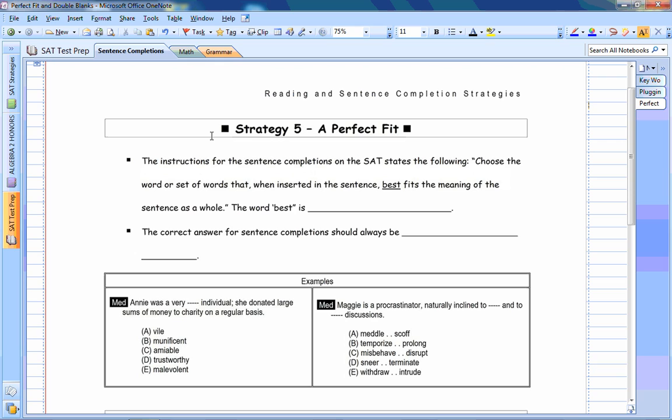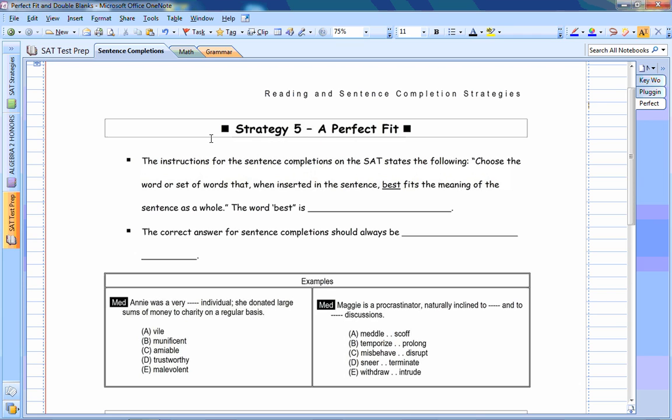Okay, so if you're watching this video, that means that you've been enjoying some of the earlier sentence completion videos. So if we look at strategy 5 and strategy 6, we're basically going to take all the earlier strategies, like looking at keywords, flow words, punctuation, plugging our own word in the blanks, and going through process elimination. And we're just going to expand on those a little bit, because the key thing here is